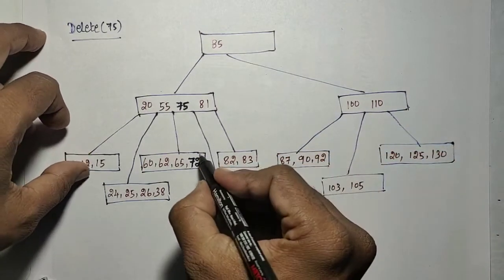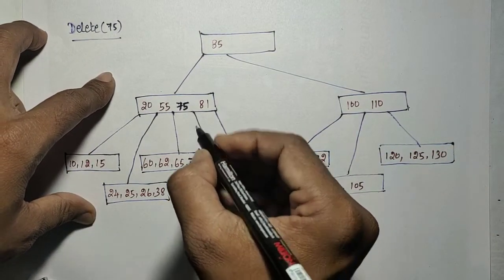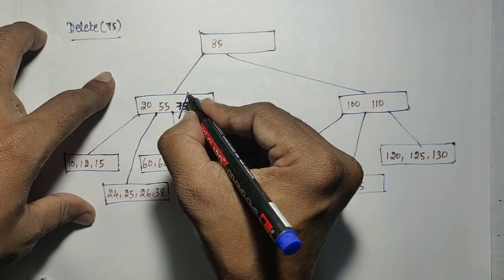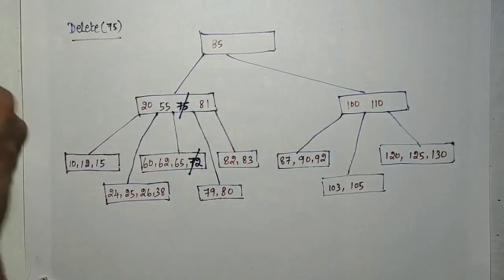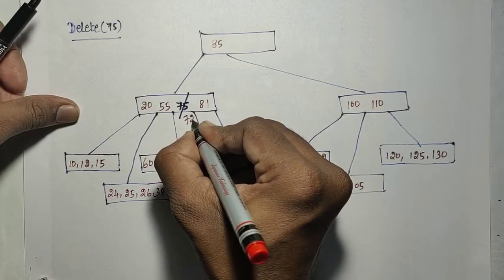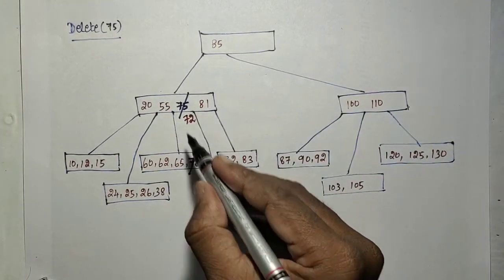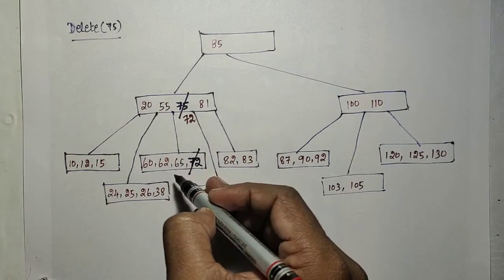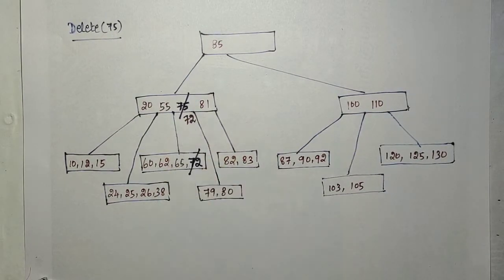Moved means it is getting deleted from its old place, so delete that 72, and that element replaces the 75. So this will get replaced by 72, the new element, correct? So 72 is moved to here. So the left subtree's rightmost element we have picked is moved in place of the element to be deleted.